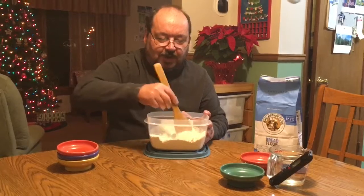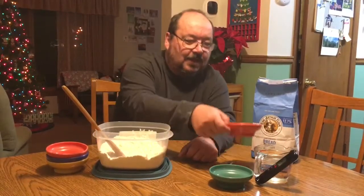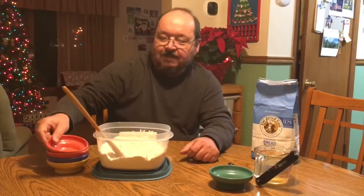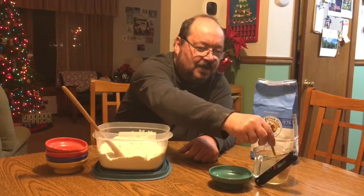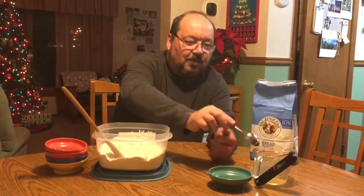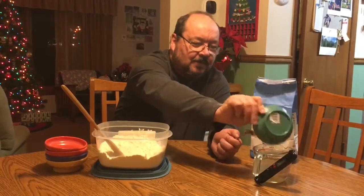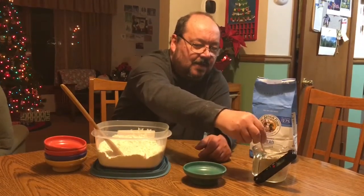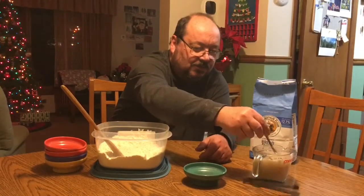And then you're going to work on the water. Now the water you're going to want 110 degrees, and then you're going to add in your teaspoon of sugar, and you're going to mix that around. That's a little food for the yeast. And then you're going to mix in a tablespoon of dry yeast and mix it around. And then you're going to wait about 10 minutes, and the yeast will start